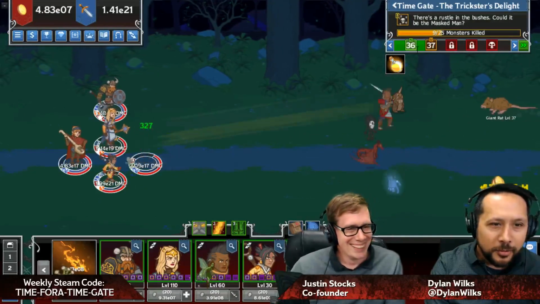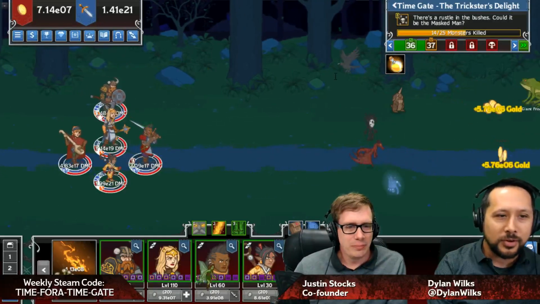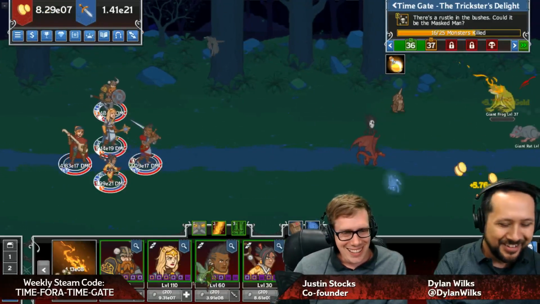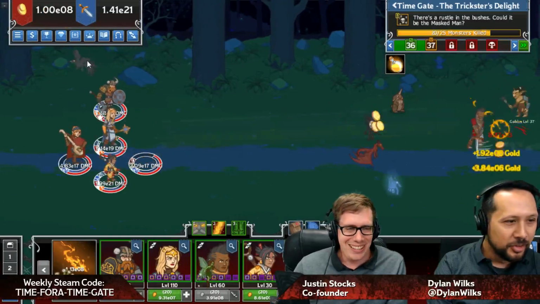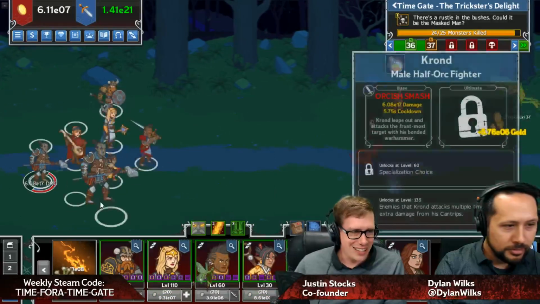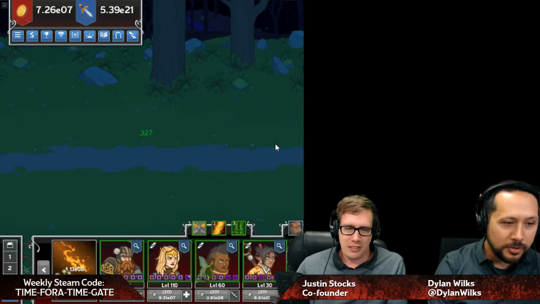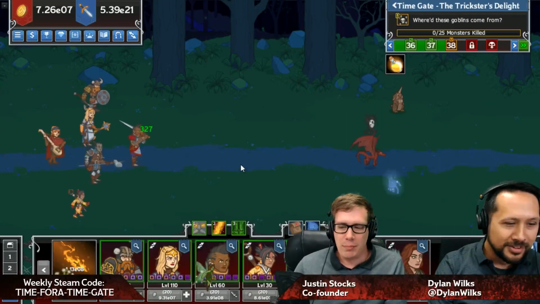No, let's see. What's the close gate early good for? That's not in the blog. That's a great question. Yeah, the close gate early basically. There's a couple of things you can use it for. You can use it to Krond. It's a moment of silence for Krond. Hey, my DPS went up way higher than with Stokey. Of course. I'm just saying. Krond's way better than Stokey. Anyway,